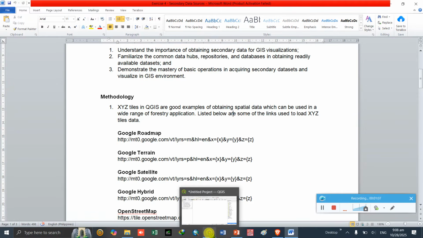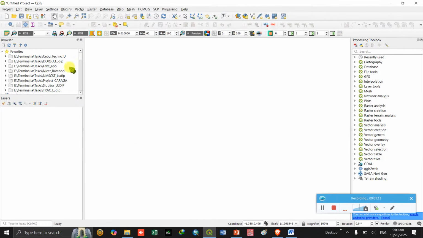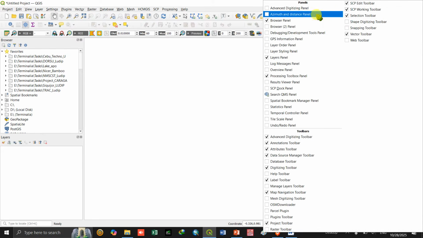This can be accessed through QGIS as a built-in feature, and we just need to open a blank project and locate the browser panel. If you don't have it displayed, you just have to right click on this side and then click browser panel.